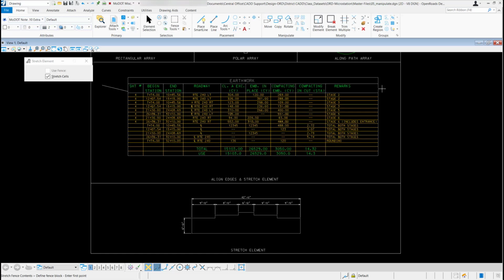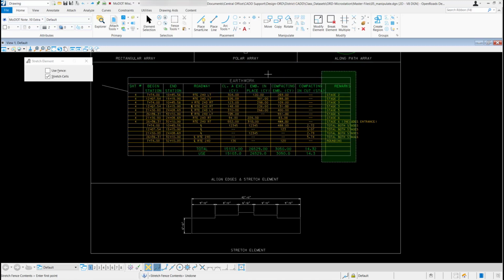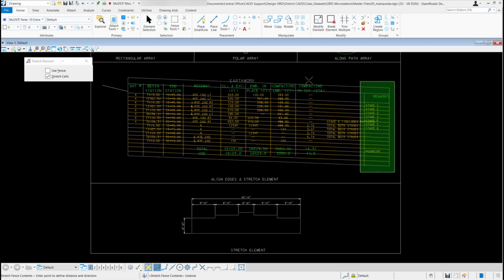If I do an undo real quick, and then I go out and use my stretch tool again, the one thing you want to be careful about is when you're stretching, if you include some other origin points of items, it's going to move and stretch those items as well. So I'm just going to make a big block and show you what it'll do. And if I'm not snapping on a horizontal direction, I'm just going out and dynamically doing it, you can see it's kind of moving it at an angle as well. If I drop that off, it's going to stretch those elements, but it's going to move them off that horizontal axis, and that's probably not what you want to do.